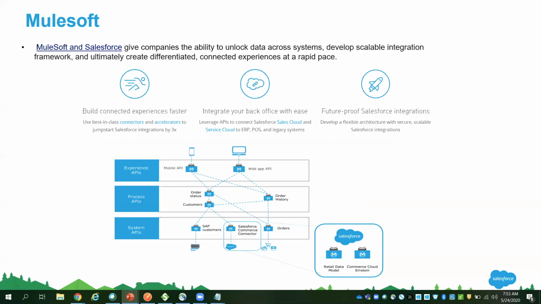Salesforce acquired MuleSoft, and MuleSoft has built a lot of connectors for different products. For Salesforce, whatever operations you want, like create, update, delete, they have built all these connectors. So mostly for enterprise applications, you will be using MuleSoft.